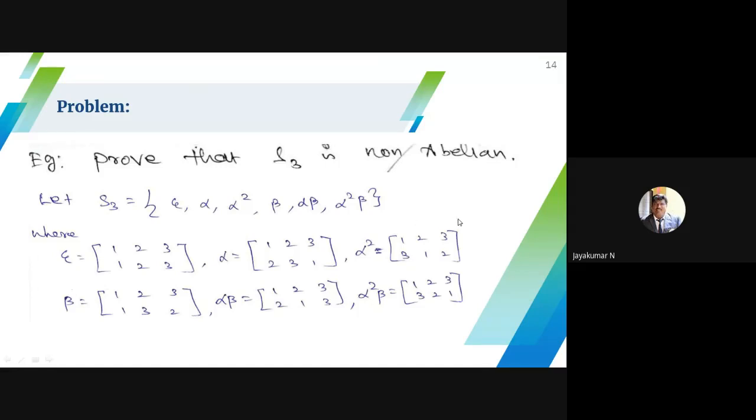One thing keep in your mind: alpha beta is nothing but alpha beta, and alpha square beta is alpha square beta. Suppose you want to multiply beta into alpha, definitely beta alpha represents one of the remaining elements, but you have to identify it yourself. Suppose in your problem you multiply alpha into beta, definitely it's alpha beta. Alpha square into beta is alpha square beta. Suppose alpha square into alpha square beta, that is alpha power 4 beta. We know that alpha cube is 1, so finally we have alpha beta. Okay, keep that in mind.